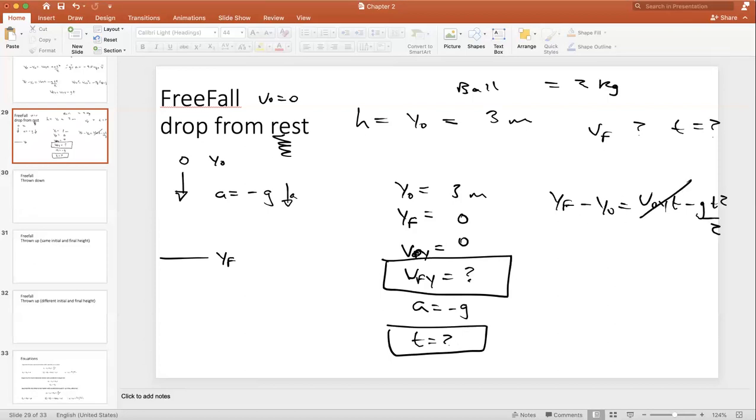This is 0. This is 0. And I get minus y naught is minus gt squared over 2. The minus signs cancel. I get that t is the square root of 2 y naught over g, which is the square root of 2 times 3 over 9.81. That is the square root of 6 divided by 9.81, which is 0.782